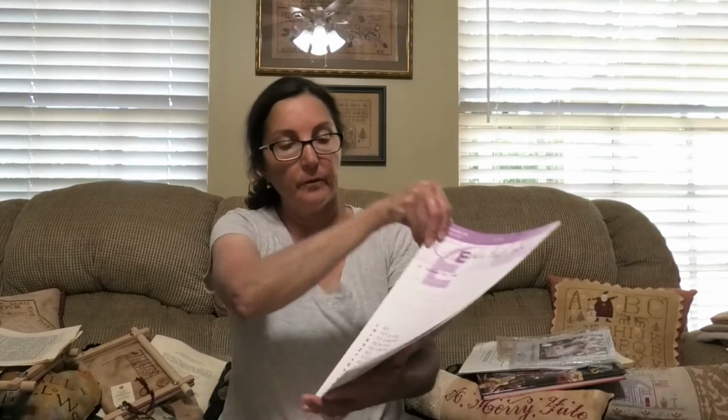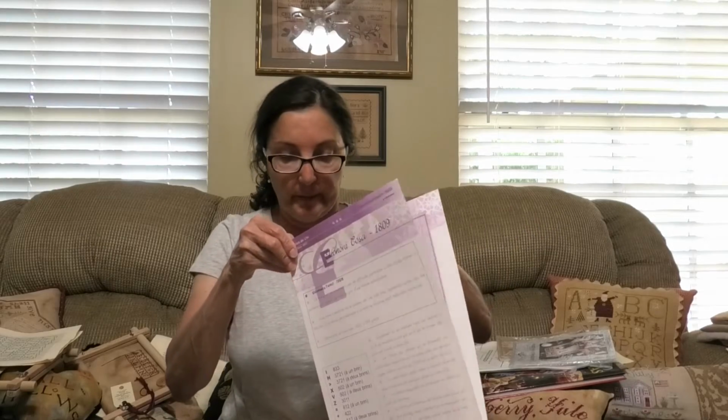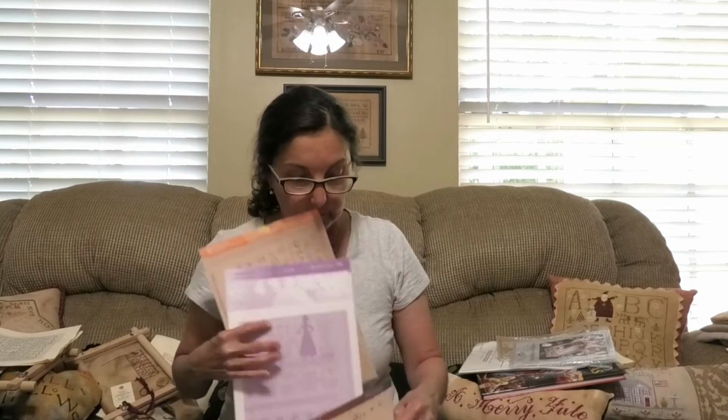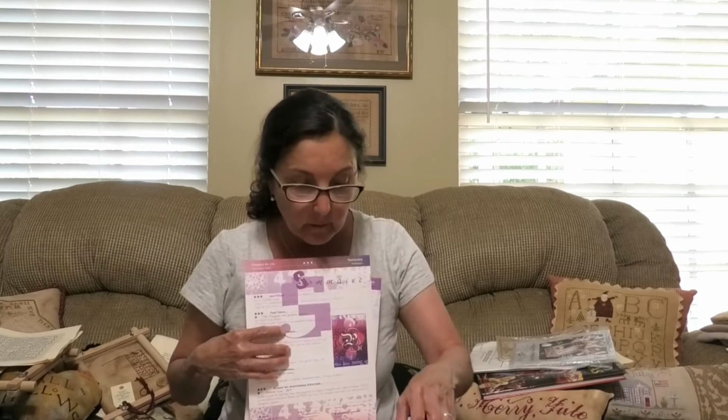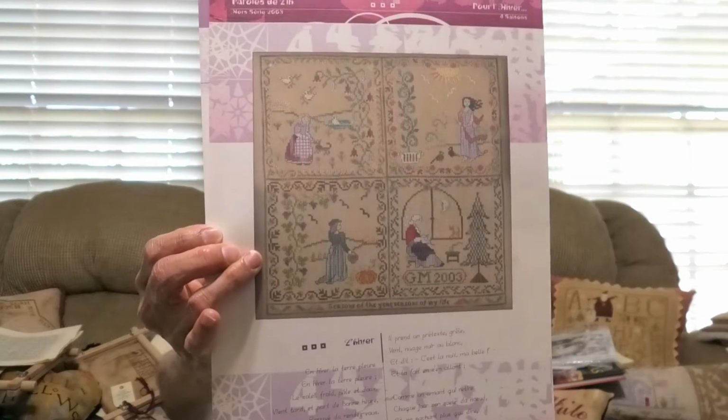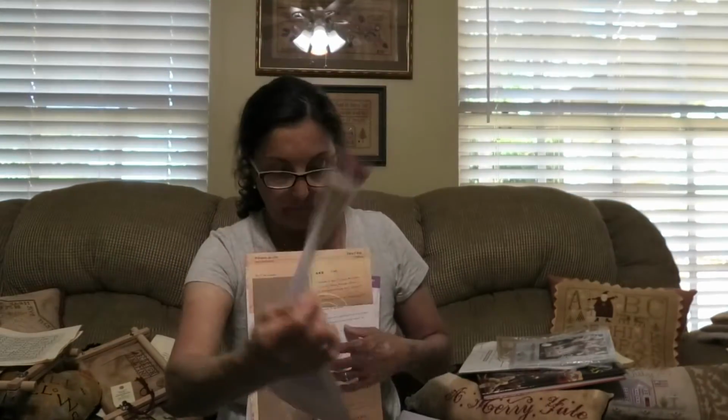I think that back one's a separate sampler because apparently this looks like the, I have the entire thing here. It's really something else. It's beautiful. I love that. But there's other pieces here. Other little sampler type things. Hate to separate this though, but